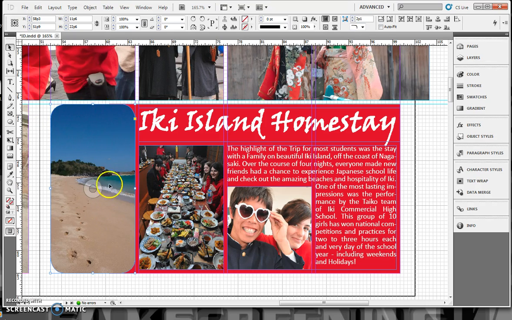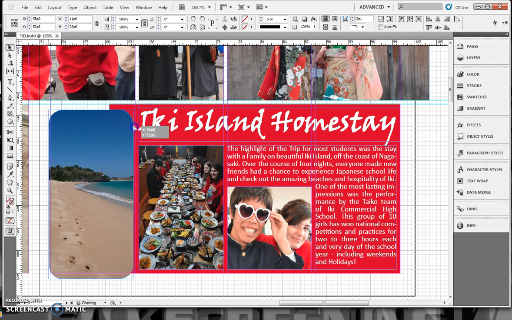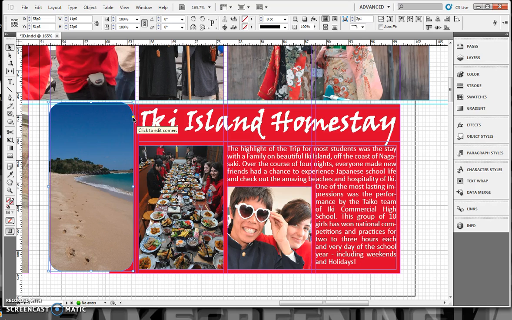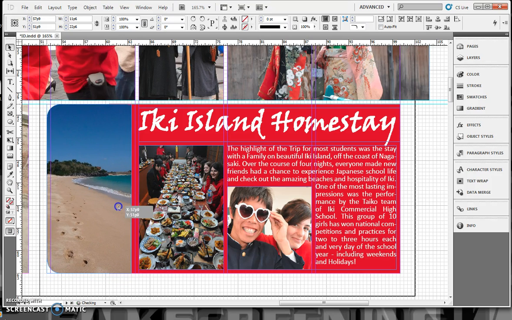So I have nice rounded edges, but the way I'm looking at it, I don't like the way that it's rounded on the inside. So what you can actually do in CS5 and newer, you can click on the corner and click on the little square, and then you get a corner handle and you can change it. And if you hold down your shift key, you can actually click one corner at a time and change one corner at a time. So I can take this and square that off. So now I have my corner square here, and I'm going to do the same thing with my corners here. Click on the handle, hold down my shift key, and just drag in the one corner